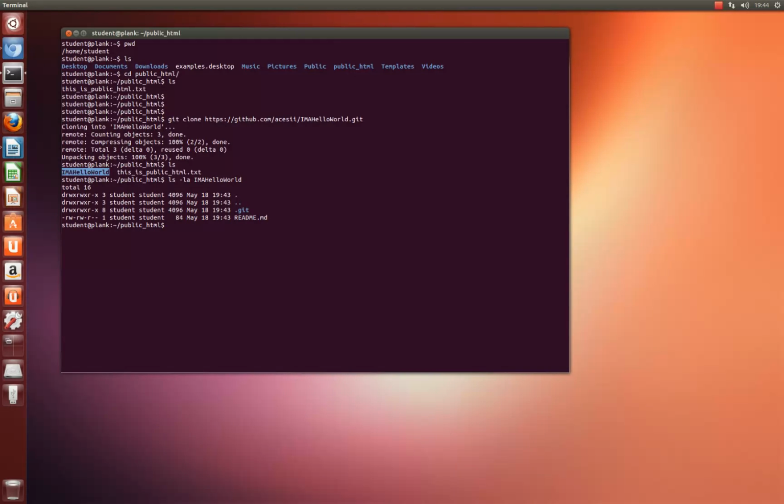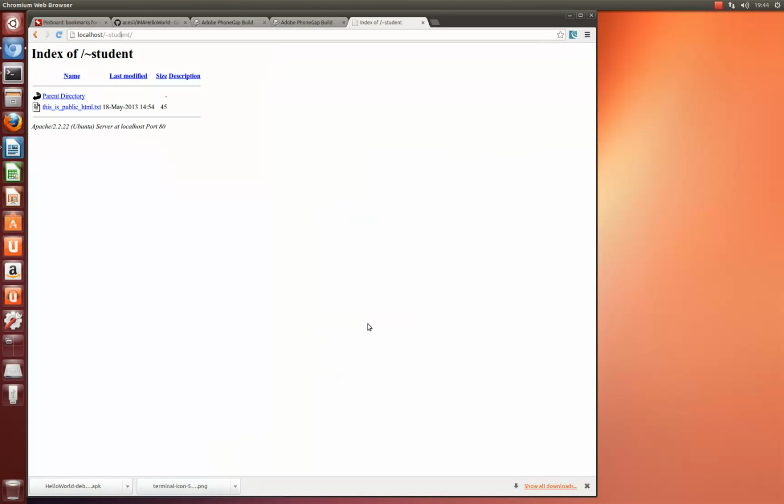Now, PhoneGap also provides a starter application, an empty starter application, and I think